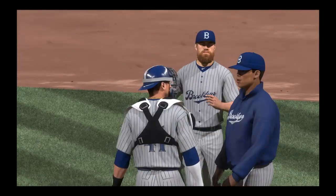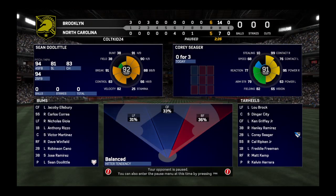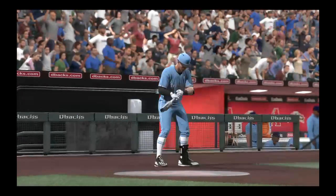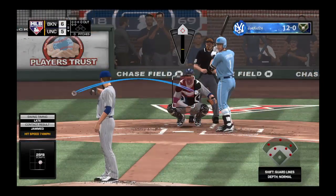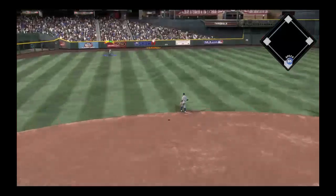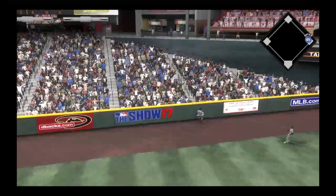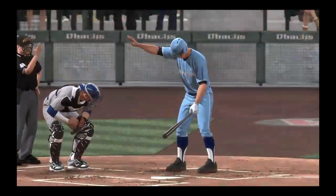Sean Doolittle enters the game to finish this one off here in the bottom of the ninth. Carlos Correa. Oh, and he gets the inning started with a bang as this is hit high and deep to left field. That one is out of here. This game is